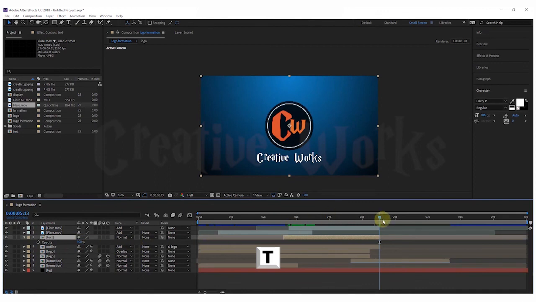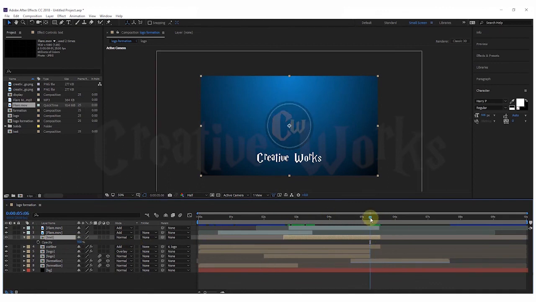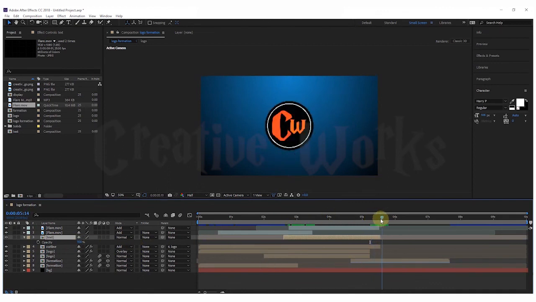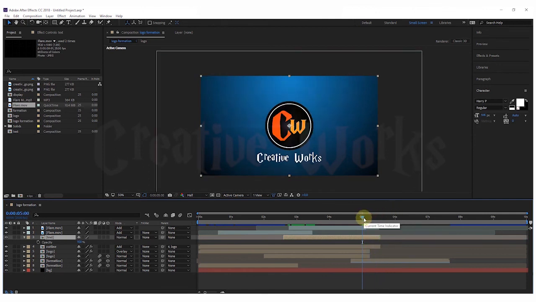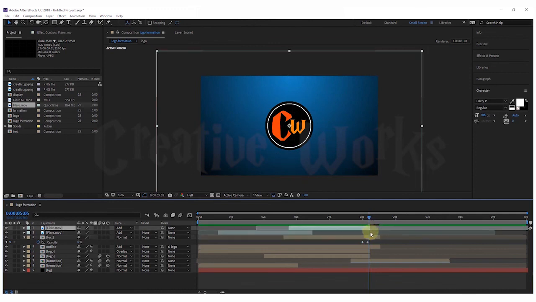Select text composition. Go 5.04 in timeline and create a keyframe for opacity. Set value to 0. Go 5 in timeline and change the value to 100. Adjust and trim layers.